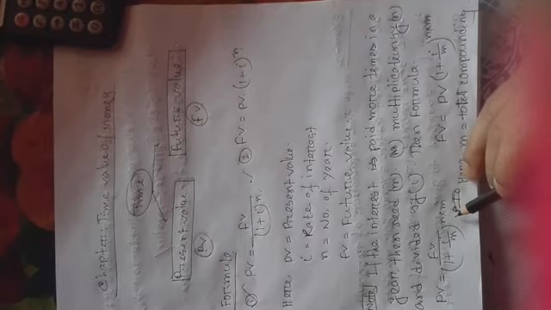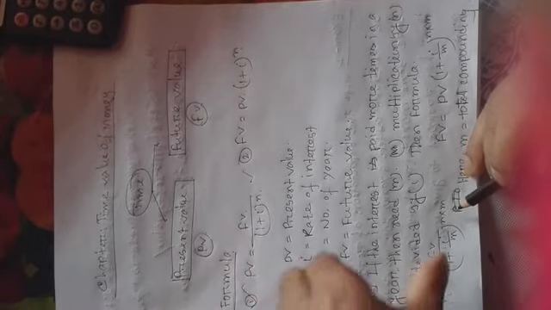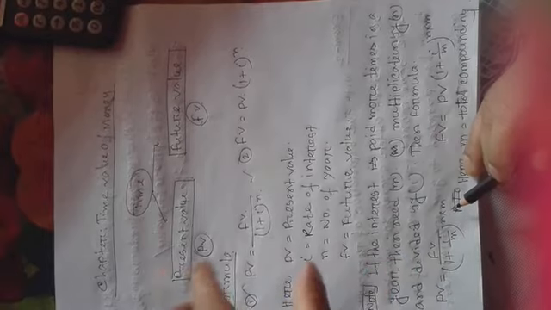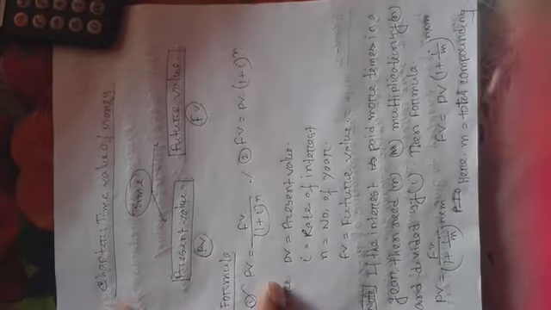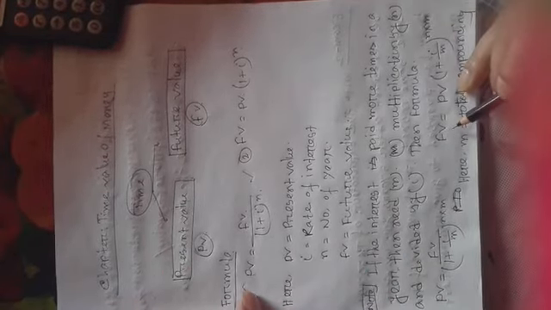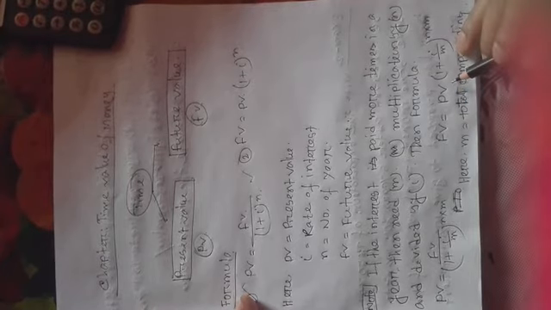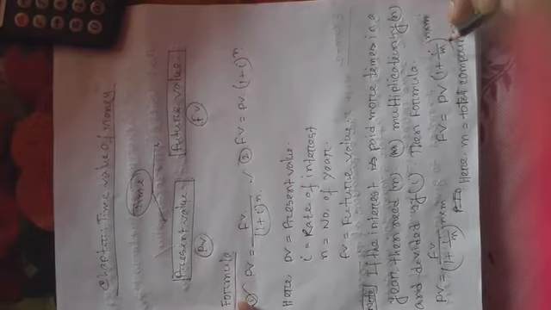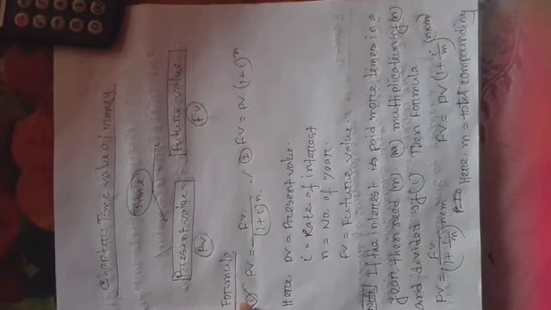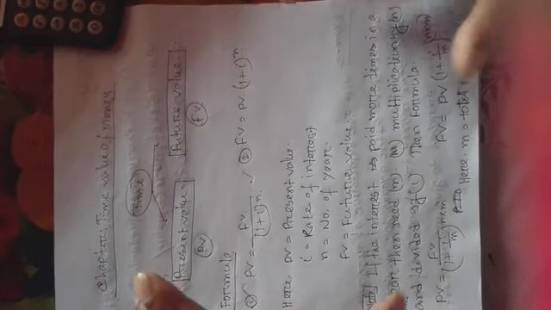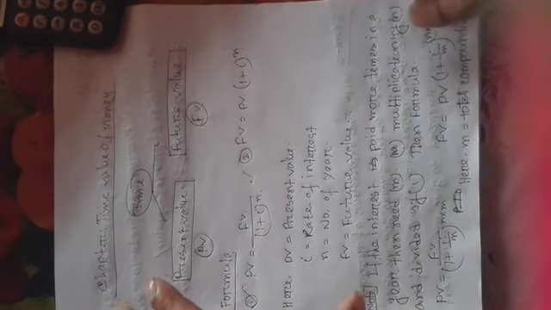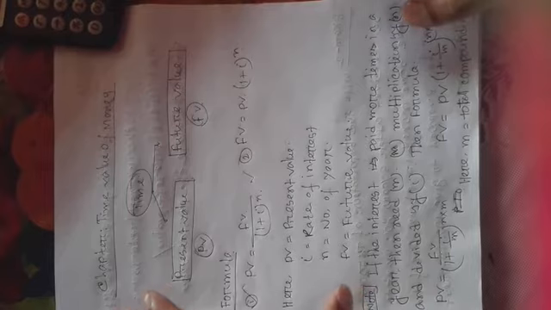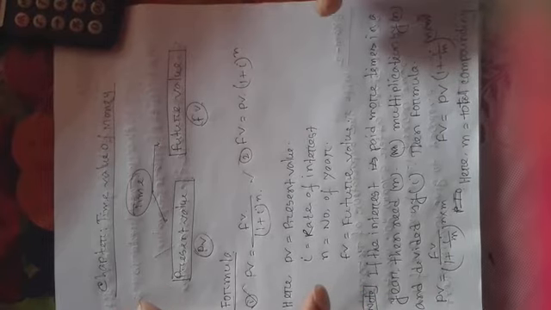So I hope all of the students understand these formulas. They are the same as the earlier formulas, but the difference is m. The other formula is future value. Future value is equal to PV times (1 plus I divided by m) whole to the power n into m. From these formulas we can easily solve the mathematical problems of this chapter, I mean at time value of money.